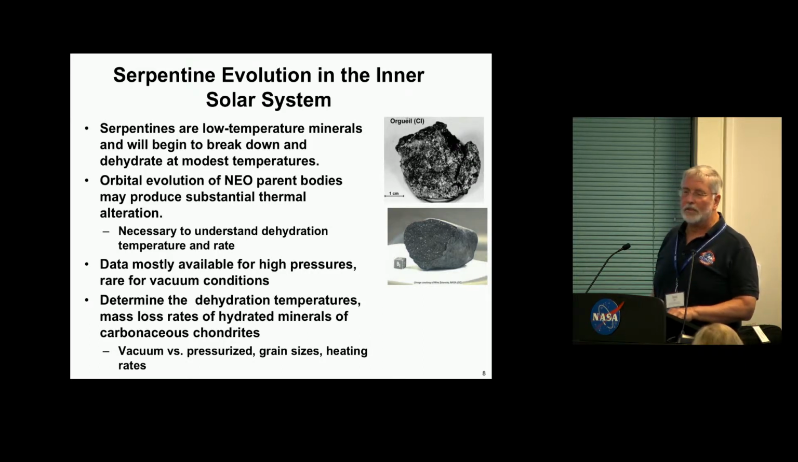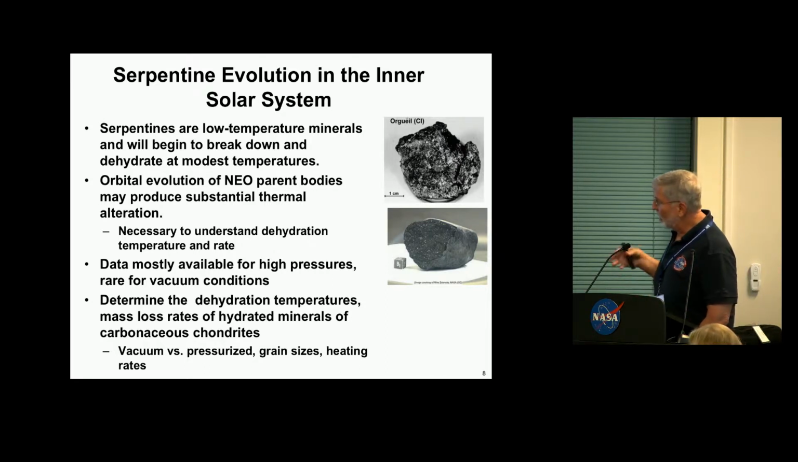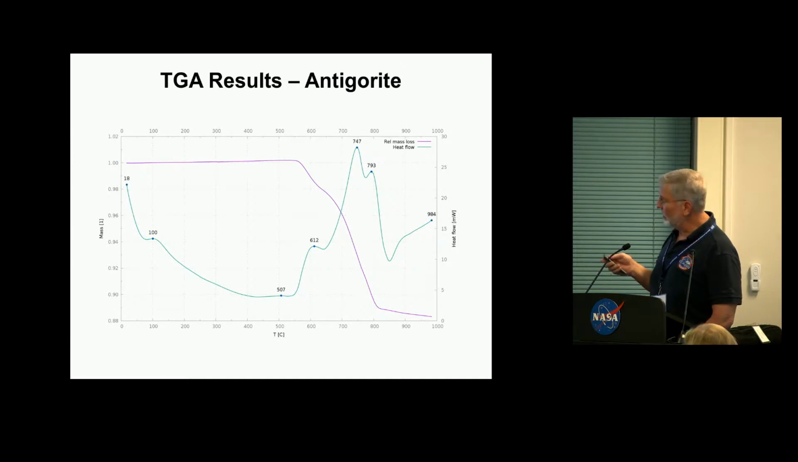we found out that most of the data for serpentine dehydration is actually at high pressure. And you actually don't have any data for vacuum conditions. So what we're trying to do is determine loss rates at various grain sizes, heating rates, and also vacuum versus pressurized conditions. We started out with